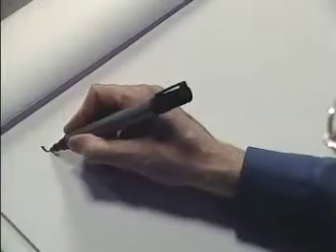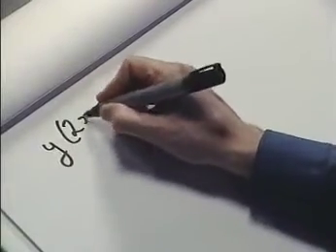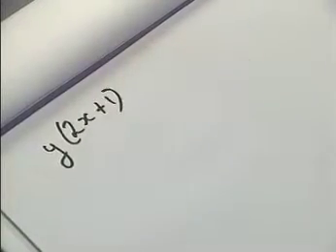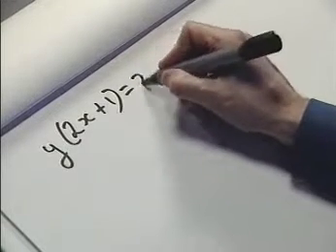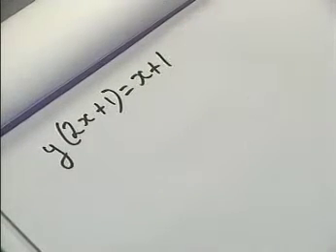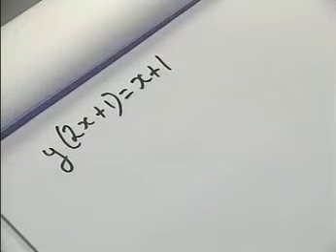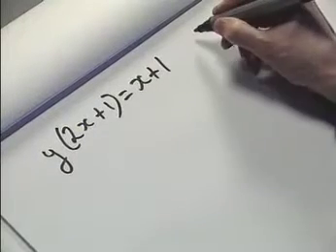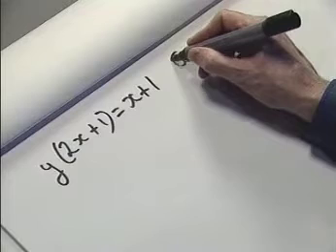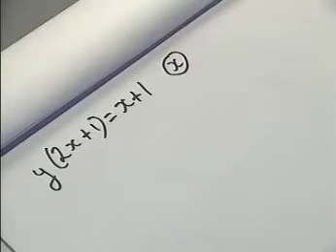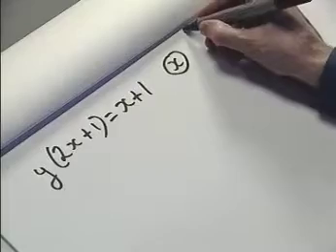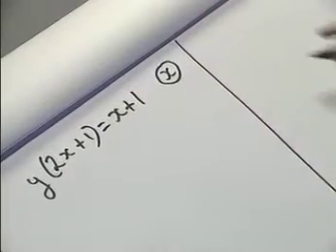So first of all, let's take this expression, let's call it, rather than a formula. So there we have y times 2x plus 1 equals x plus 1. And the thing that we're going to be after is x. Can we rearrange it so it says x equals? Well, again, let me try and model this